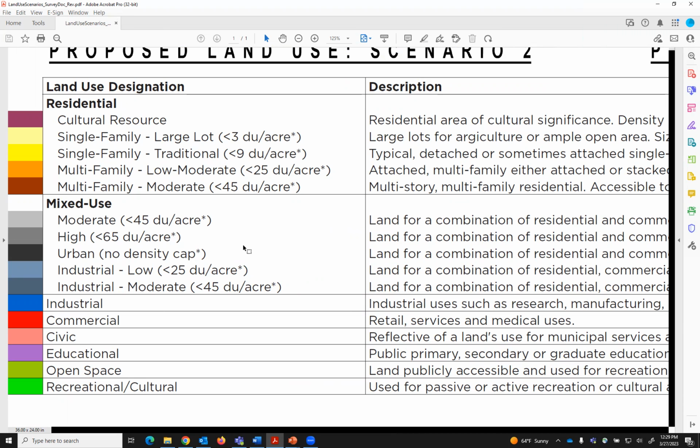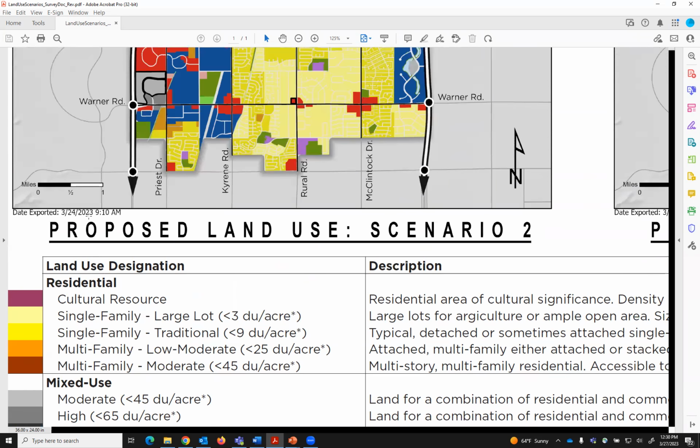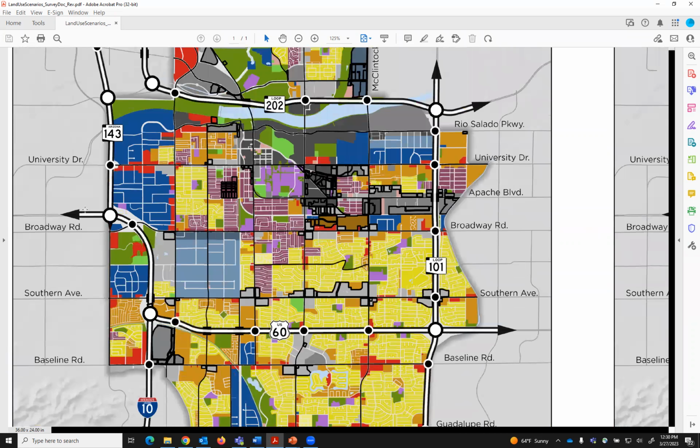Okay. Is there anything specific to the downtown area that falls under the single family that would be impacted by it? So I guess in particular, I'm looking at the yellows in that downtown area that are denoted as residential. Is there anything impacted? Most of the single family residential that's near downtown has been designated as the cultural resource, and that's to protect from increased density. So as you can see, there's not a lot of yellow that exists near downtown.